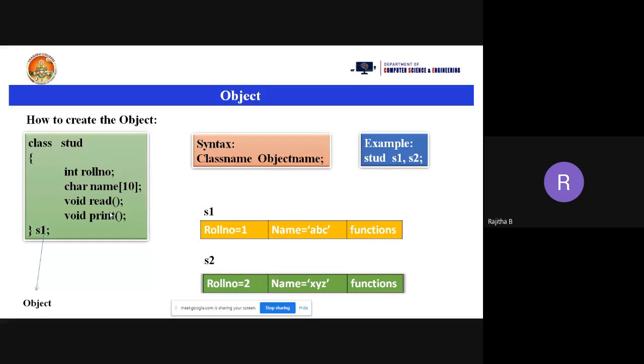For objects, memory will be allocated in different locations, but within an object, the data members' memory will be allocated continuously. That is the difference between the objects and how memory is allocated within an object.